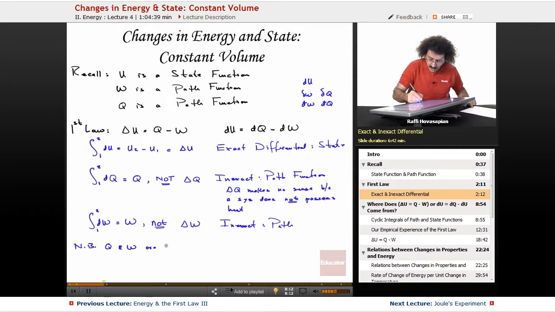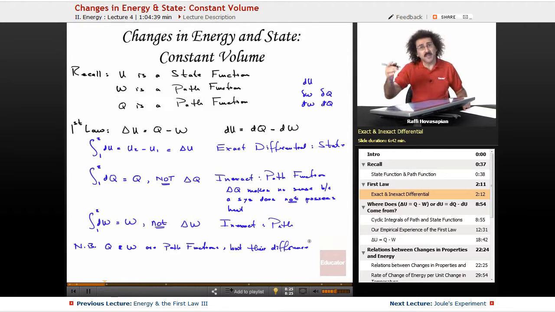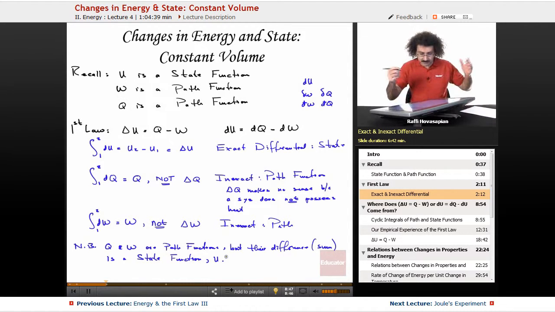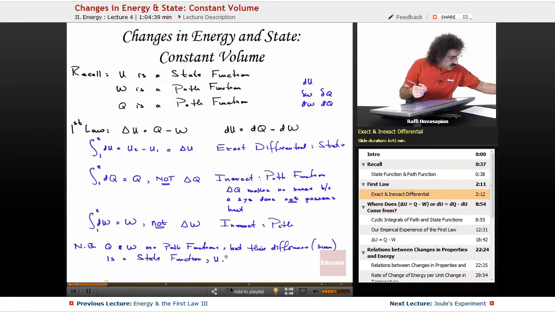Q and W are path functions, but their difference, or sum in a different convention, the chemist's convention, where we usually write Q plus W, but our convention is Q minus W, is a state function. That's amazing. It's truly, truly amazing. State function: energy. Okay. So, now,